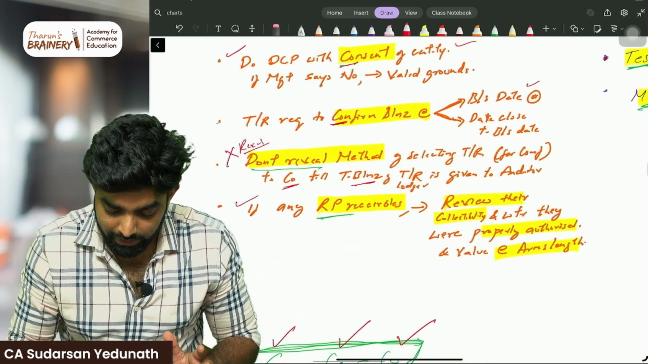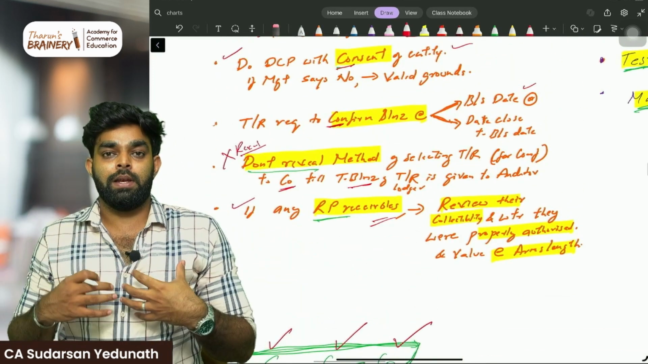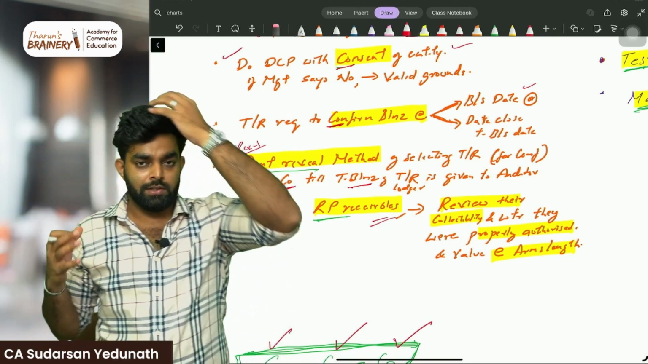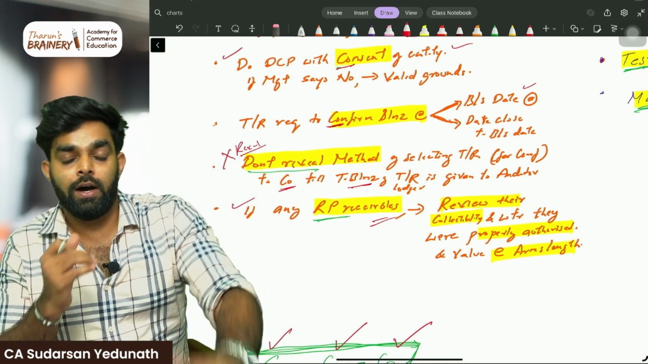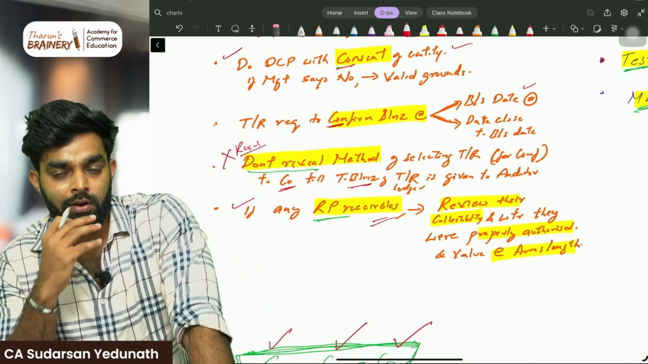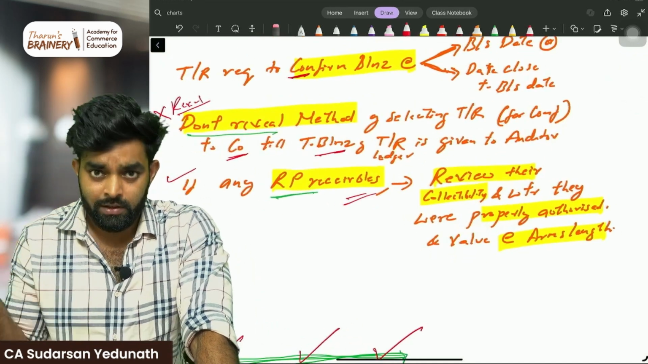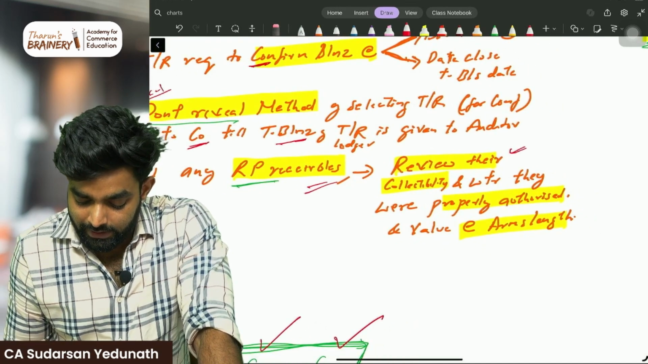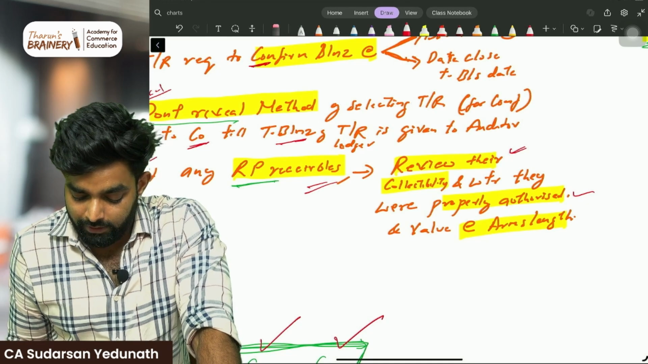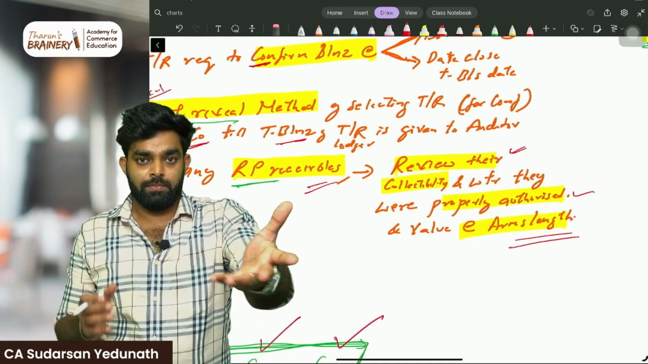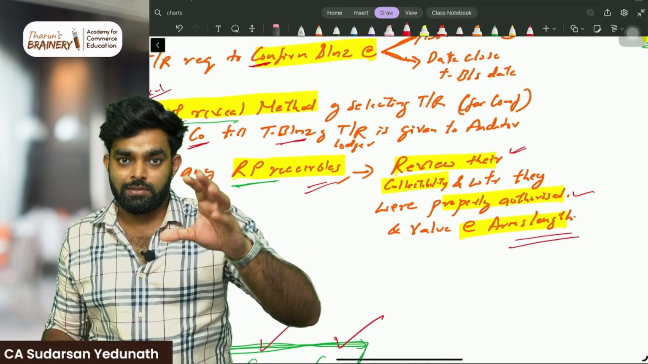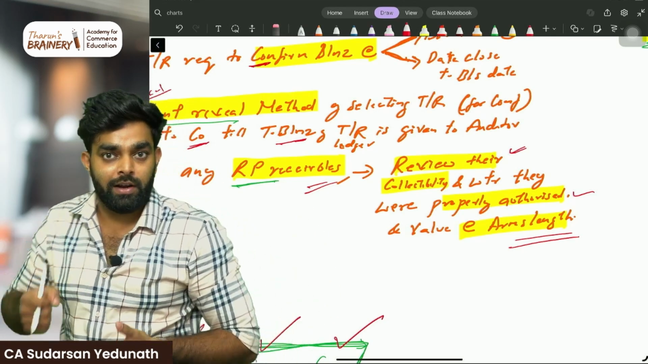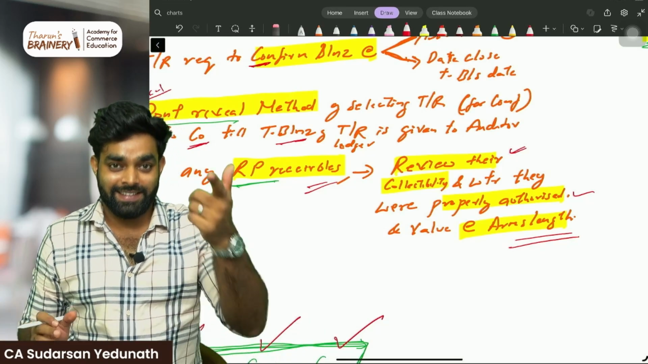Then RPR. If there are any related party receivables, that is, the company has sold something to a related party, the director's wife or the director, for example boAt has sold some earphones to the director itself or the employees, and he is a debtor, then review their collectibility and whether they were properly authorized and valued at arm's length. Because if the company is selling something to its employees, boAt is selling a premium boom box speaker,